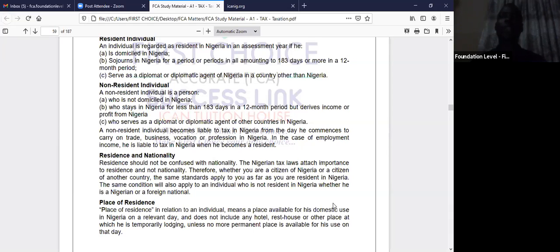While that coach is a national of Germany, he is a resident of Nigeria if he stays more than 183 days. And so it means that, another example, if maybe one of our Nigerian football players, let's